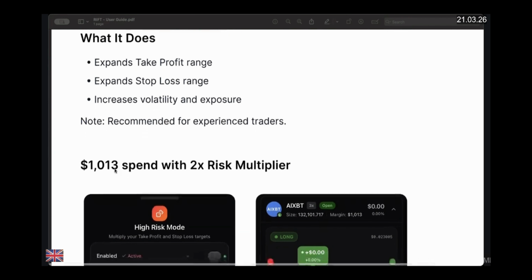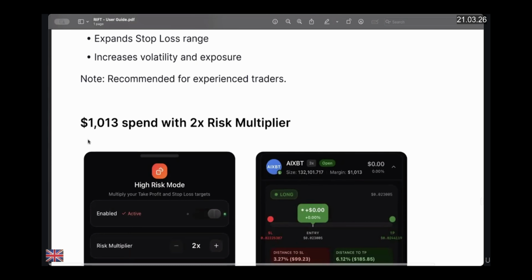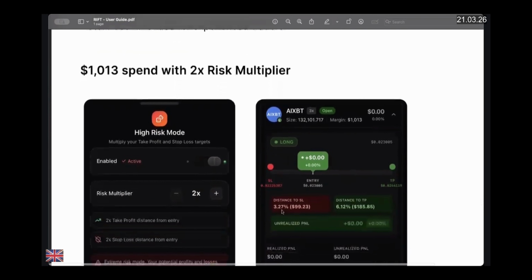So let's look at the risk multiplier effect on profitability as well as on the stop loss. If we compare $1,013 spent with 2x risk multiplier, it gives us a stop loss of 3.27% while take profit is almost double at 6.12%. So this is a very good way to maximize your profits and also play a little bigger in terms of